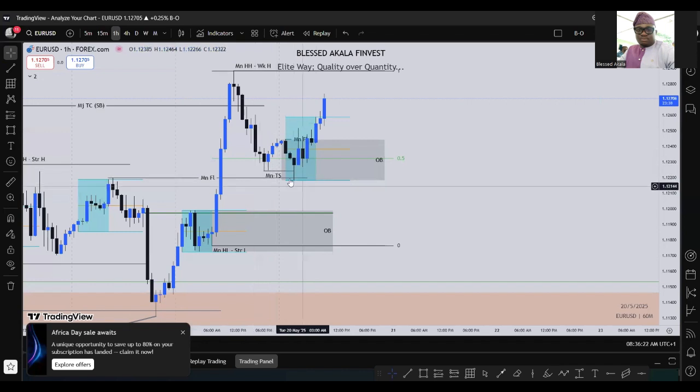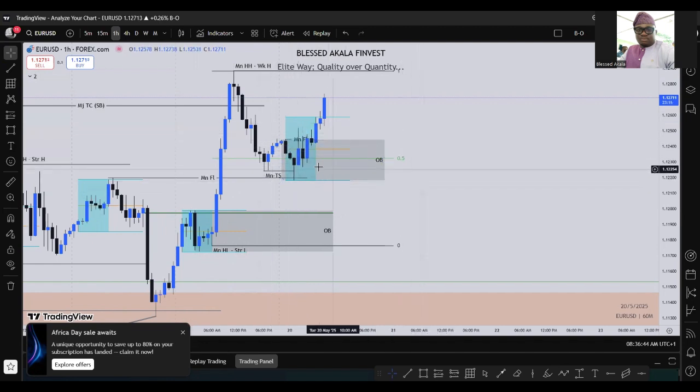So I'm expecting this is a turtle soup and it is a price rejection from that level, which happens to be a minor flip on lower time frame. And we are going into the highs again. This reversal that we have here, or retracement, as we can call it, gives us this kind of movement in the market.